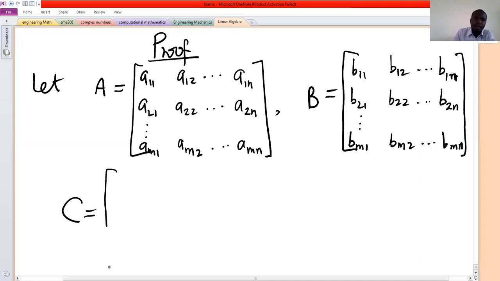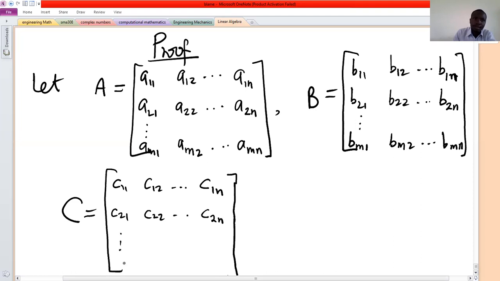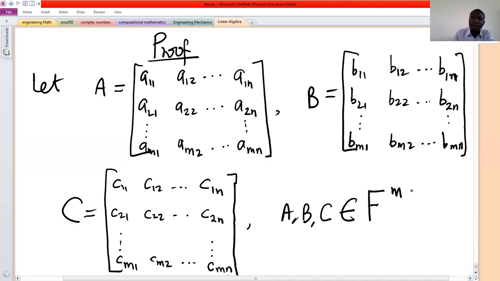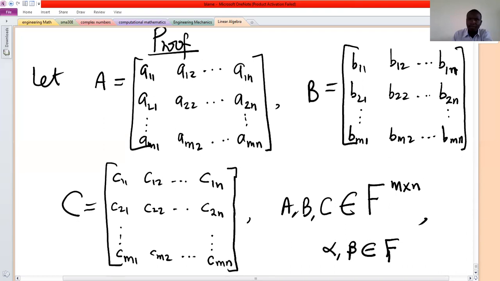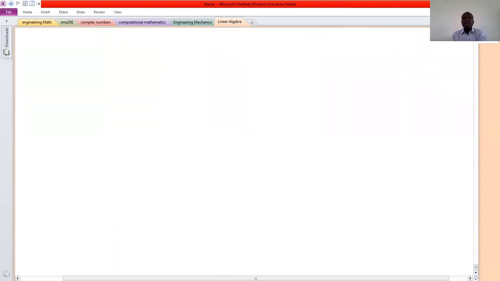Let matrix C be given by C11, C12 up to C1n, and then C21, C22 up to C2n, Cm1, Cm2 up to Cmn, where A, B, and C are matrices of order m by n, and let alpha and beta be two scalars in the field F. Then we have to show that all the 10 axioms of a vector space are satisfied for these matrices. So the first property is closure